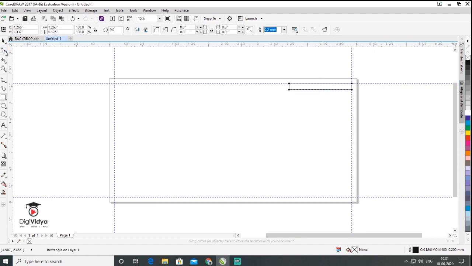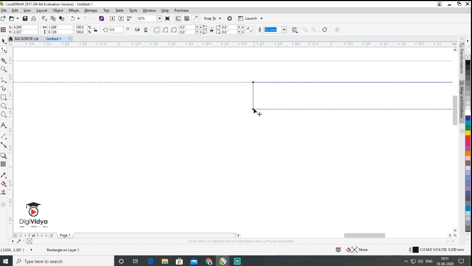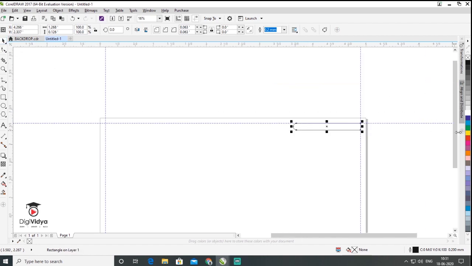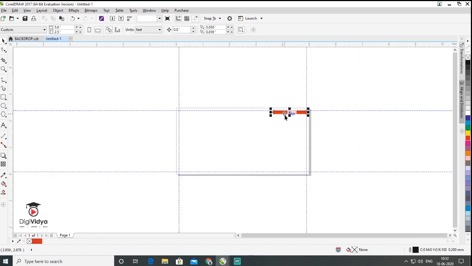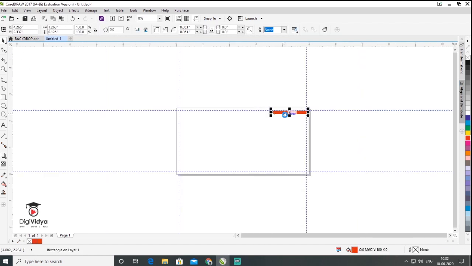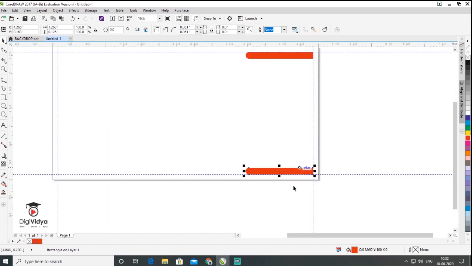I make a rectangle, then go to the shape tool, select this one, shift this one and drag this to create a rounded corner. So here I change the color into red, outline none, and I just Ctrl C, Ctrl V, I mean copy and paste, and drag this round rectangle to the bottom of my page.